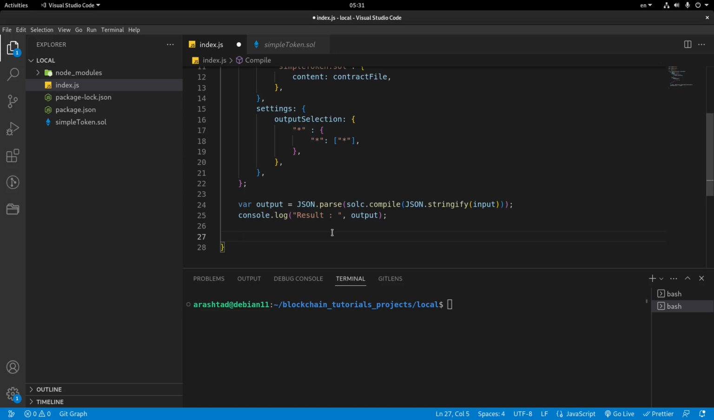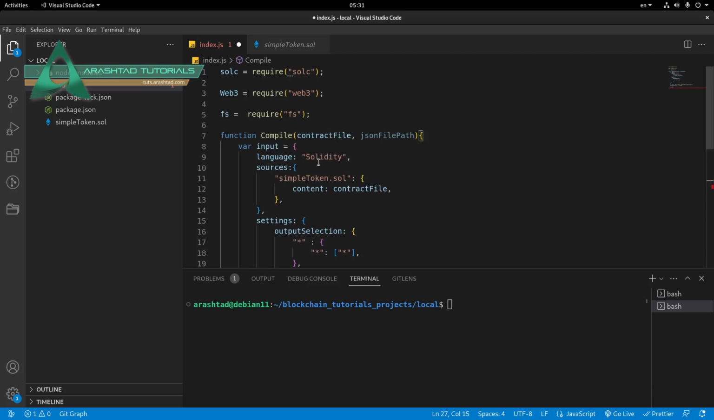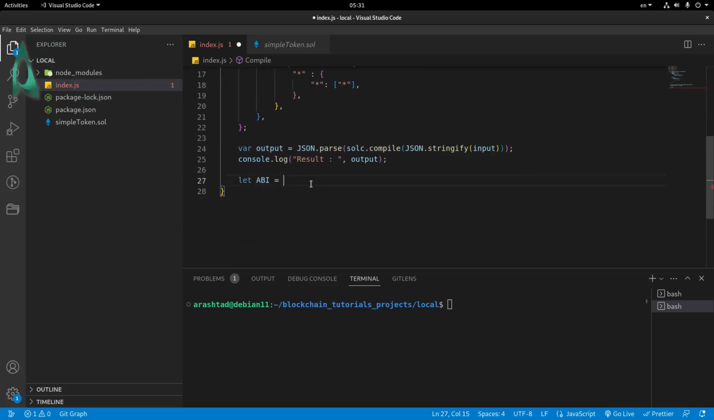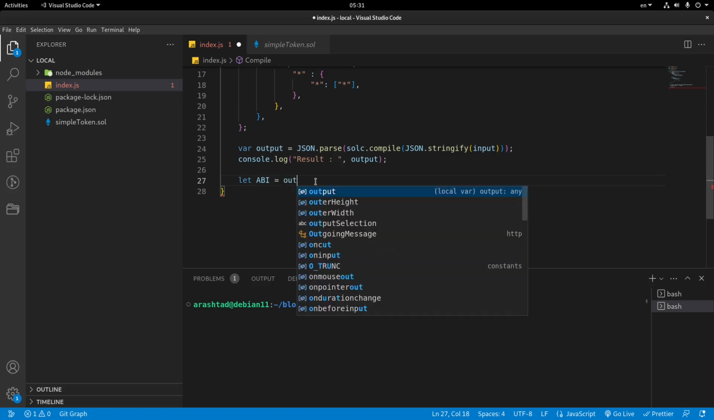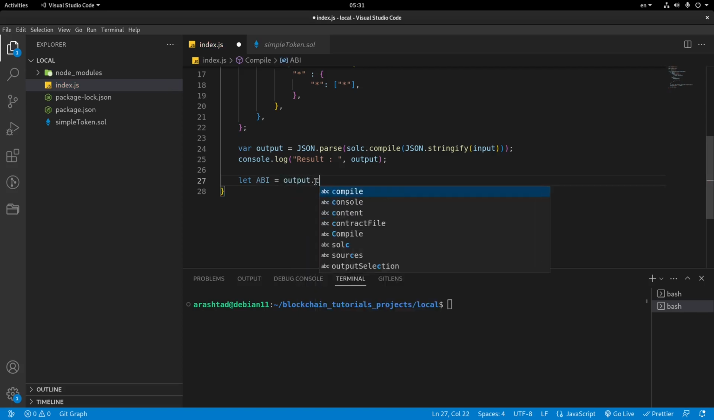So right now what I'm going to do is to write ABI. Here it's better to write let ABI. So we have ABI. Let me check. No, we don't have it, so we need to write let. So output dot contracts